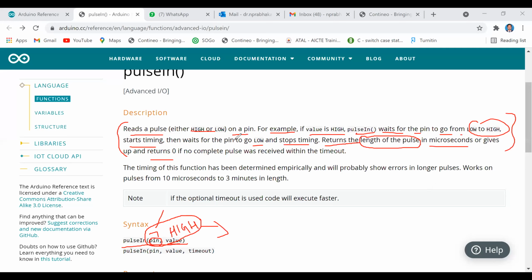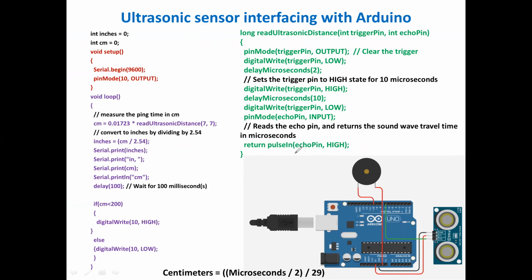See, here we are telling that if the 7th pin reaches high value, send the measured time. You are going to return this measured time here.